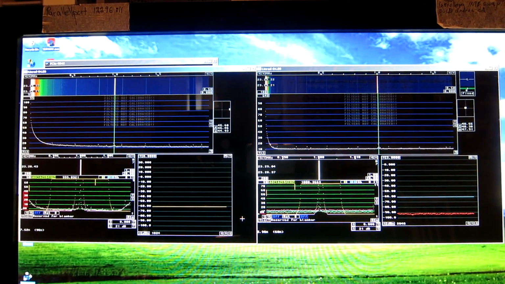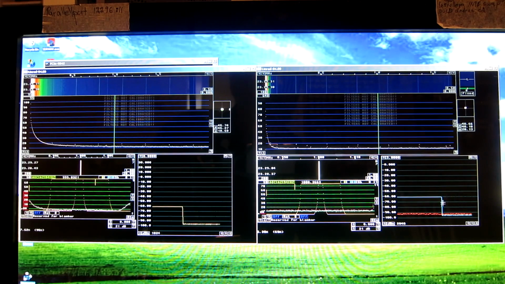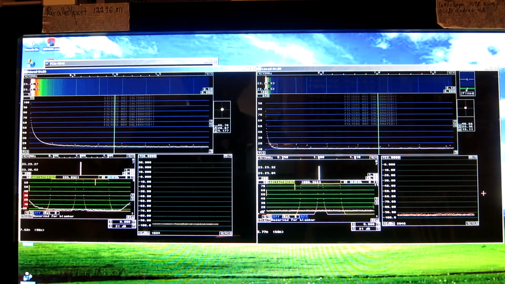So I switch off the signal generator. And you can see that the level goes down by 35 dB or 37 maybe. So the noise figure is just a little better for the PCIe here. The difference is very small, not significant. So now switch it on again